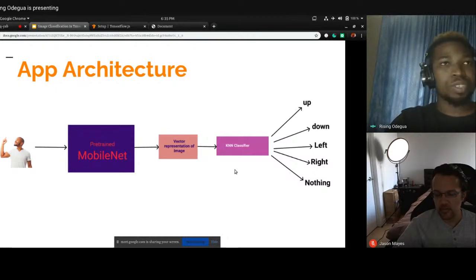Then we just need to do this in real time. The real time basically means from a live feed. And the live feed basically means we are starting a webcam in the browser and we are running this in a while loop or something. Okay, so basically that's what we are going to do.